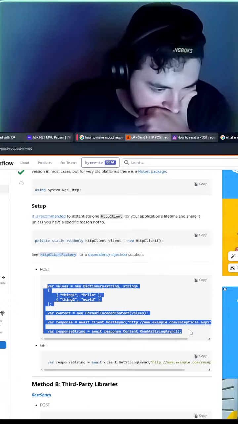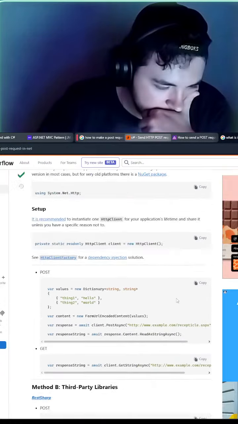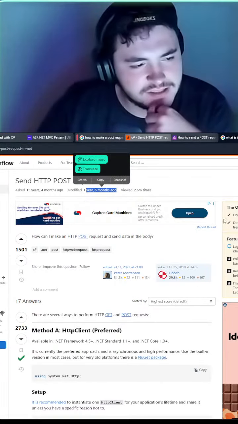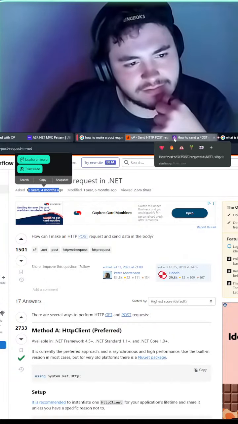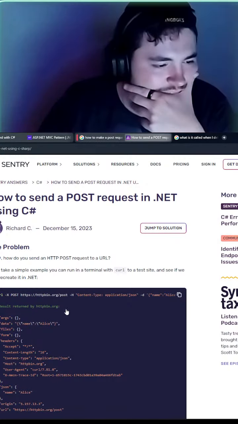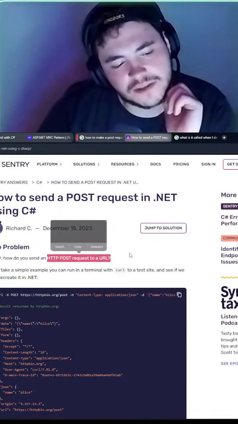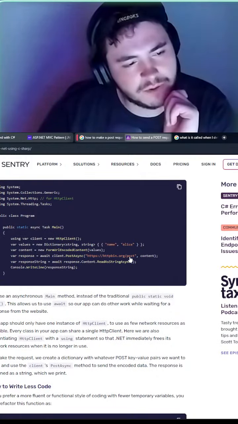These are terrible, by the way. When was this made? Modified a year and 6 months ago. It was asked 15 years ago. This is old. In C#, how do you send an HTTP post request to a URL?